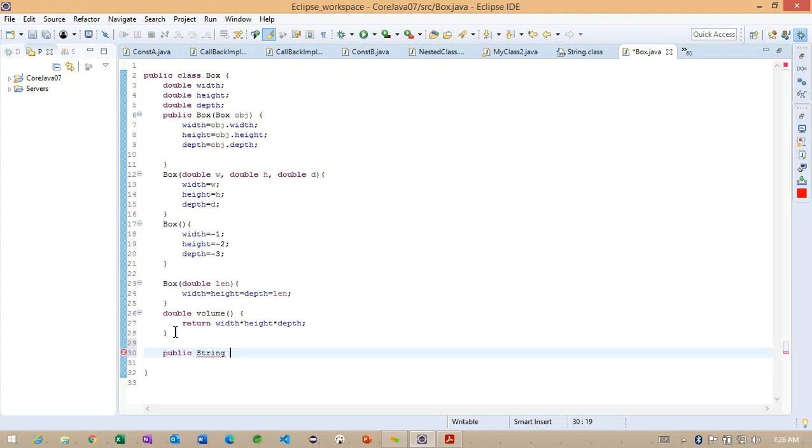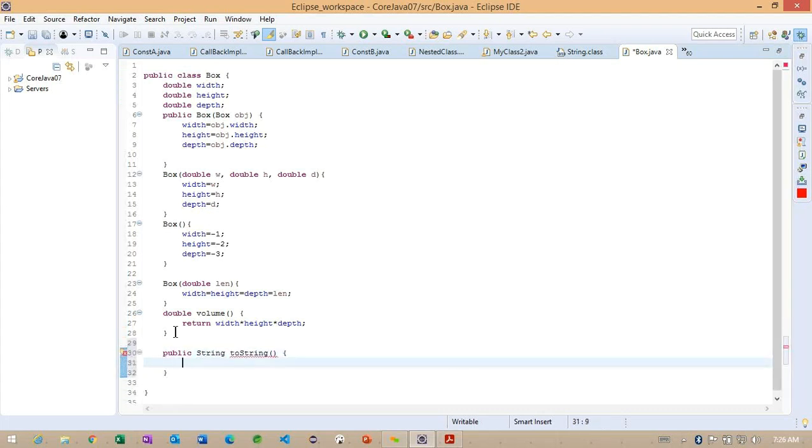The toString method returns a String object, and the name of the method is toString. Because it is returning a String, that is the return type. Here I want to add dimensions, and carefully observe how I append another value.